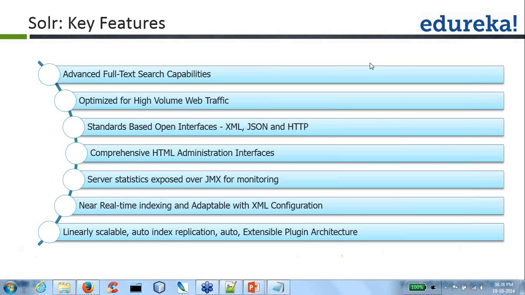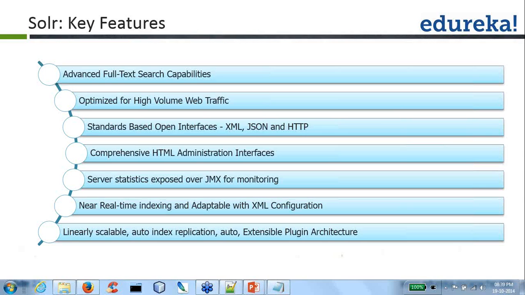Also, administration, configuration management and managing your Solr servers can be done through an administrative web application, which can be handled easily rather than going and working with the configuration files. So there are a lot of monitoring and